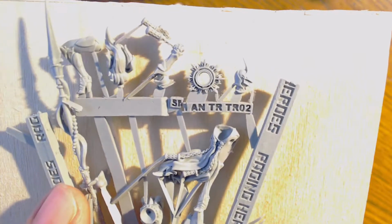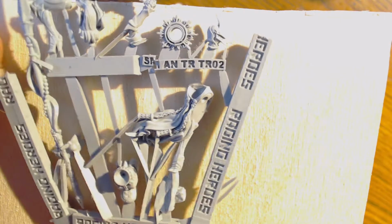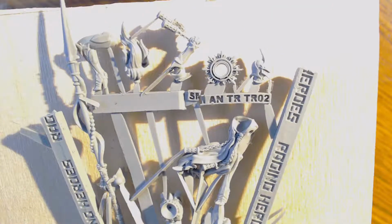Pretty sure that's a helmet. Yeah, I'm pretty sure it's not a shoulder, that's a helmet. Here's the back side here. You got her legs. Looks like they got it anchored on a piece of terrain here, which is good to see. A lot of folks have problems anchoring models. You got